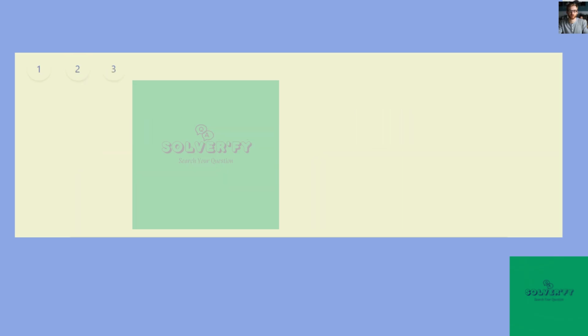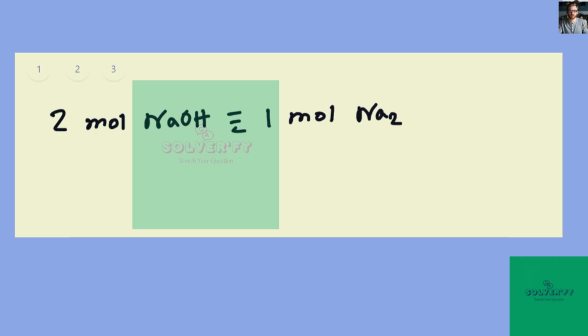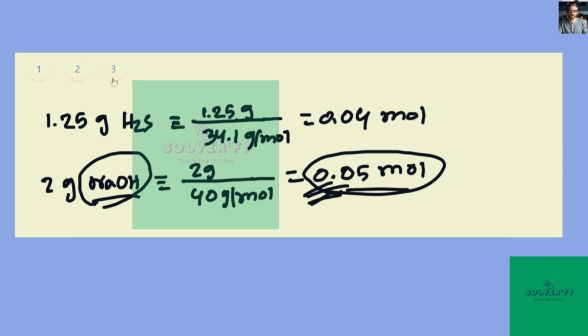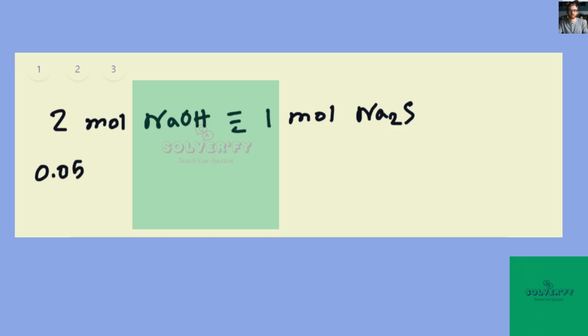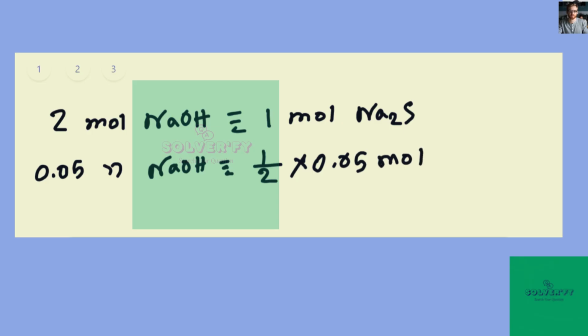That means 0.05 mole sodium hydroxide will produce 1 over 2 times 0.05 mole sodium sulfide, which is equal to 0.025 mole